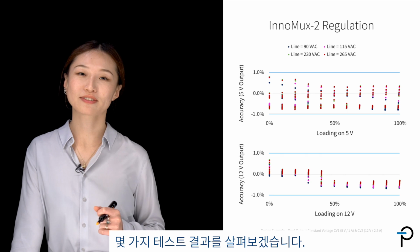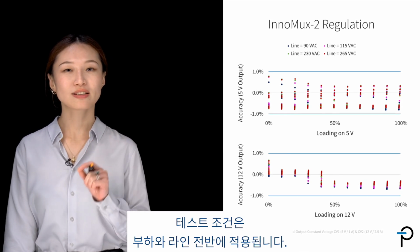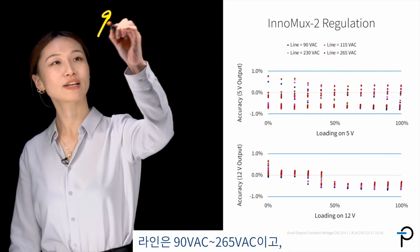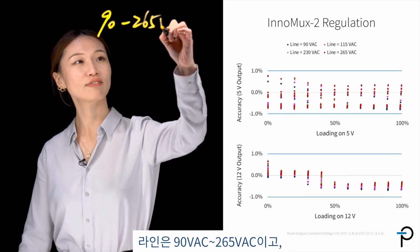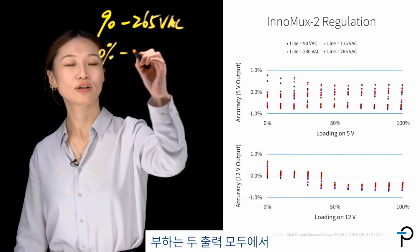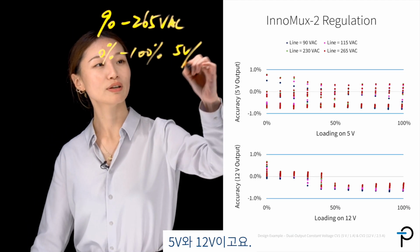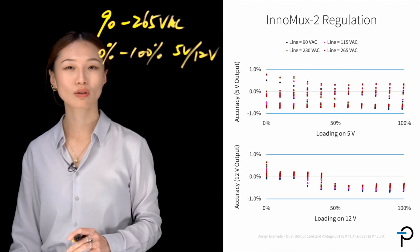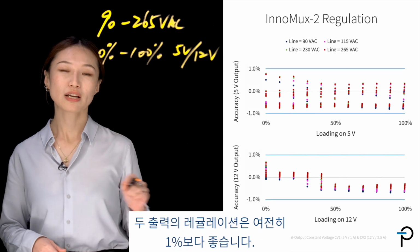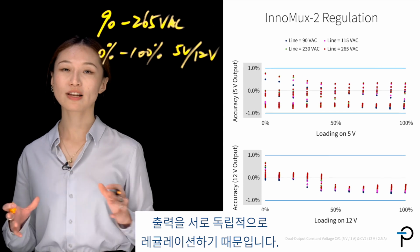Let's look at some test results. I have a 5 volt, 12 volt design over here. The test condition covers across load and line. Line is from 90 to 265 VAC, and load is from absolutely no load to 100% full load on both of the outputs, so 5 volt and 12 volt. With all of these changes, the regulation on both outputs is still better than 1%. And this is because we regulate the outputs